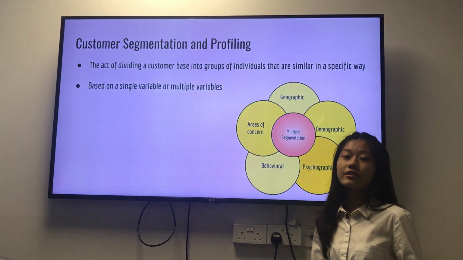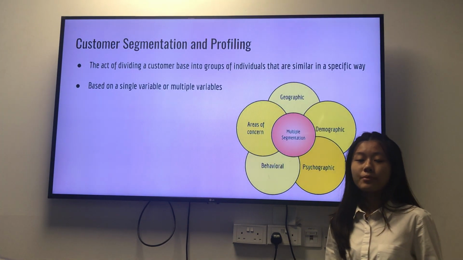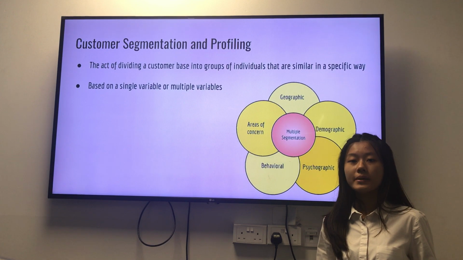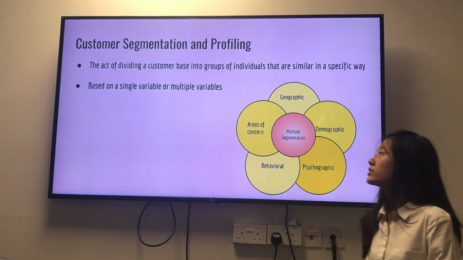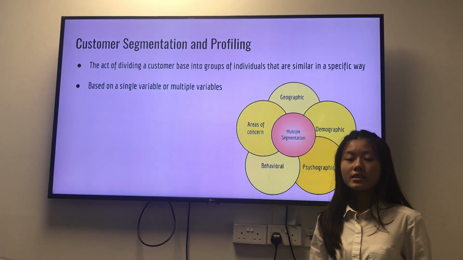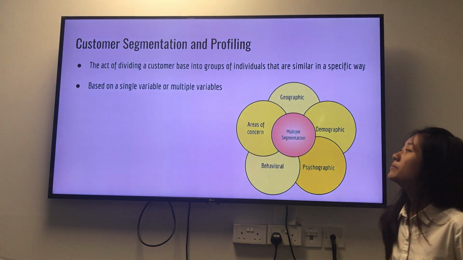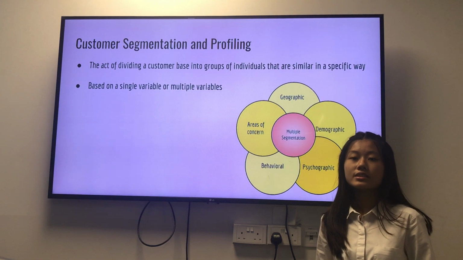Moving on, how can Orient developers profile and segment their customers? Customer segmentation and profiling is the act of dividing a customer base into groups of individuals that are similar in a specific way. This allows the organization to group customers in order to target a specific audience in a cost-effective manner. It may be based on a single variable such as age, or even multiple variables such as age, income,